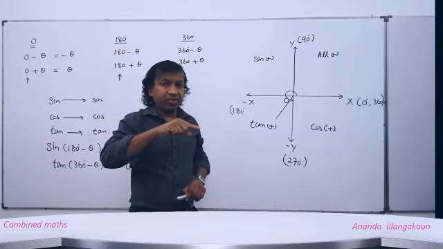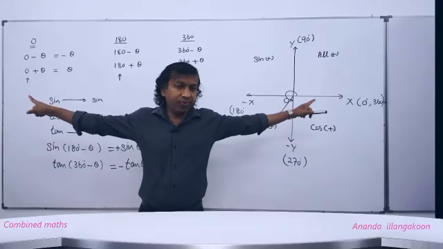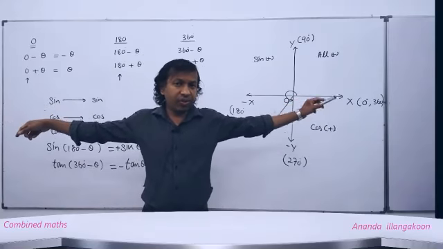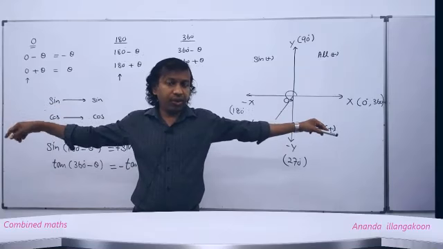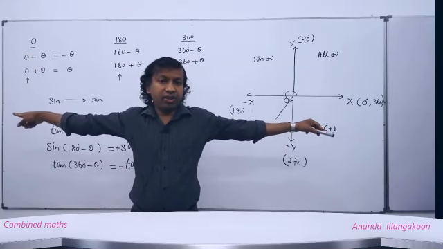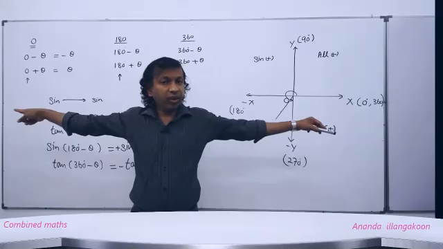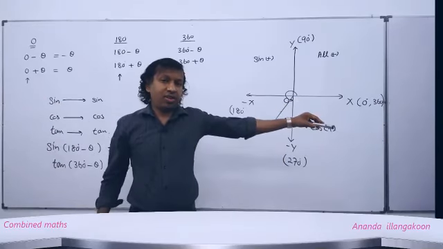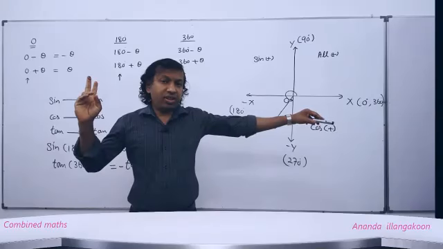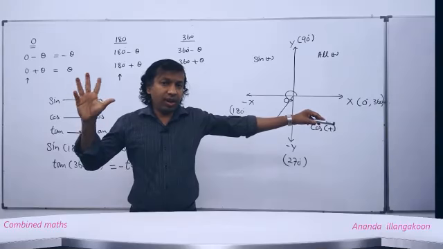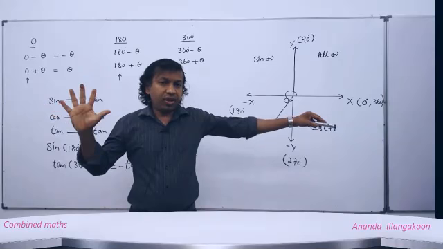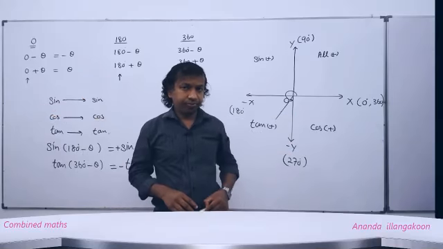Now what are the angles on the x-axis? When you extend your hands like this, you can now very easily remember the angles on the x-axis. What is the first angle? First x-axis 0. Once this OP comes here, negative x-axis 180. Once this OP completes the first round, 360. 0, 180, 360. Now, how do we form the angle? Adding and subtracting. Then you can easily say the different angles. Those angles are these,